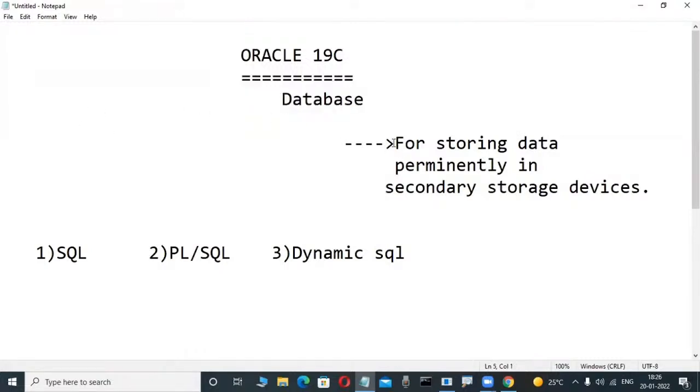The data we are entering is for storing purposes only. Newcomers think that in the backend they are only storing data, but that is absolutely wrong. It is not only storing data, there are so many things. Databases mean not only storing data, but also efficient retrieval of